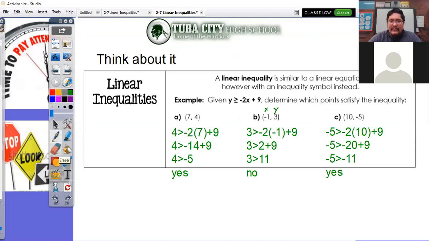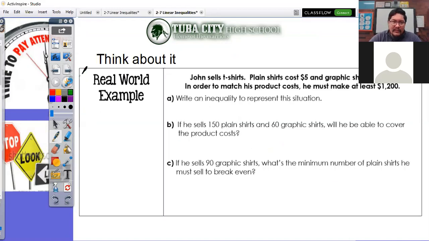All right, so that's kind of just a warm up. Let's go ahead and move on to the next one and think about an actual real world example. This is an example of what they call breaking even or making a profit. So think about it this way. Let's say you wanted to make some money, and you just managed to get a place where you can sell, let's make it easy,